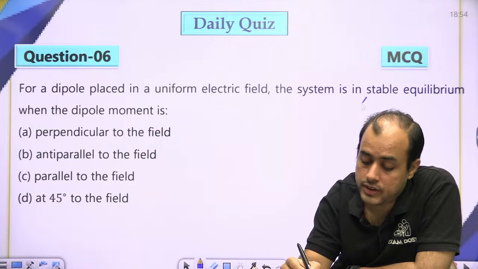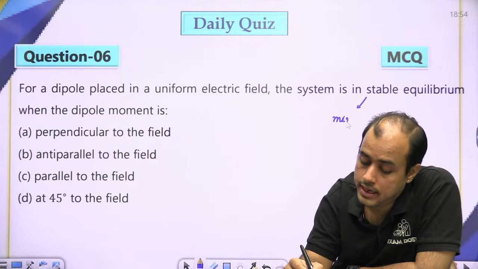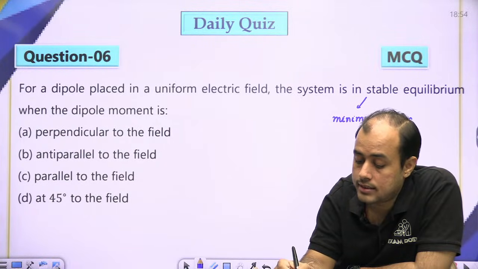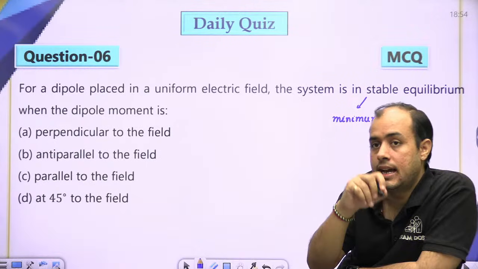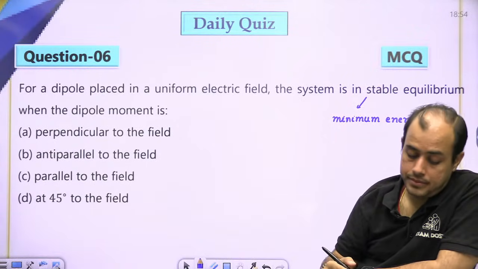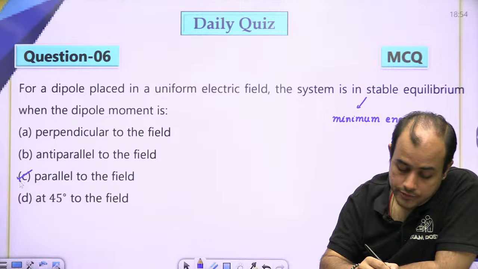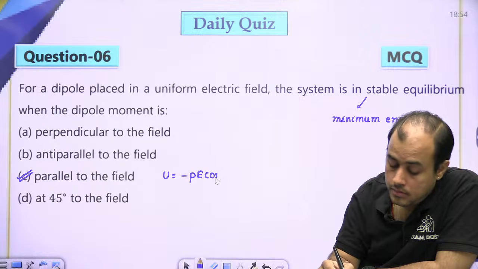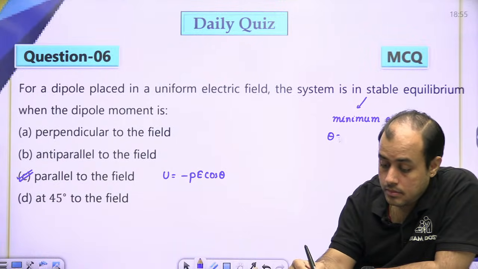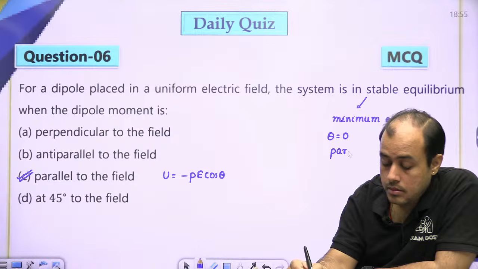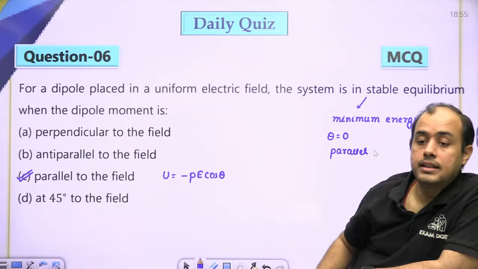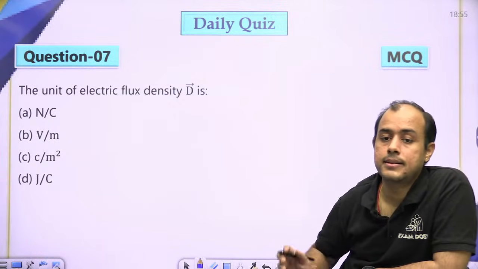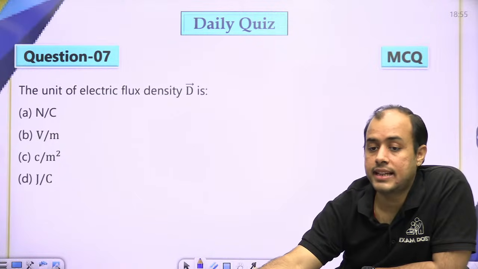For a dipole in a uniform electric field, the system is in stable equilibrium. Stable equilibrium is when minimum energy. When does the energy become minimum? Energy कब minimum बनती है? When it is parallel to the field. ठीक है, आंसर इज सी। वेरी गुड।